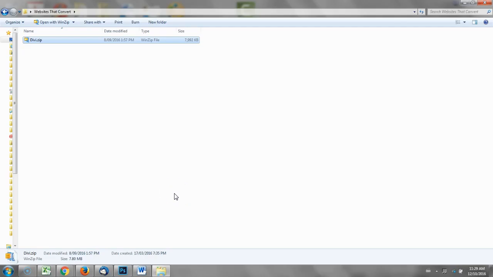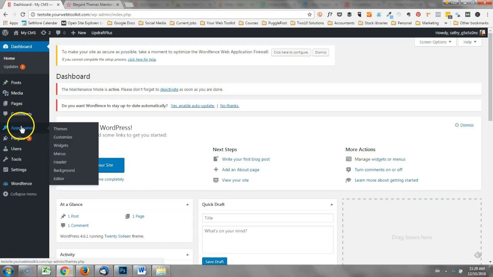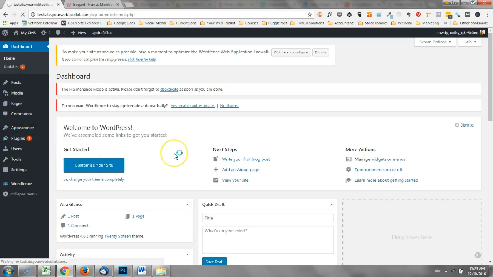So once that zip file has finished downloading, just save it somewhere so you know where it is. The key thing here is to not unzip that file. So leave it as a zip file looking just like this, divi.zip. Okay, and then back in the back end of your website, we are going to upload that theme. So if you go to Appearance, Themes,